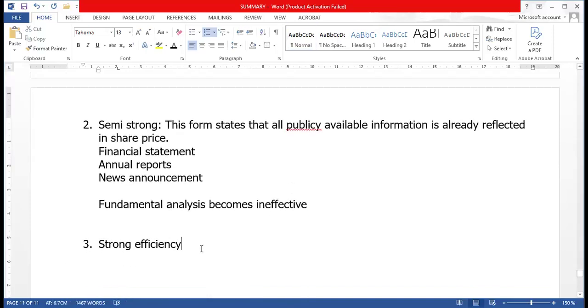Okay, so lastly we are looking at what? That is strong. Now, strong is very key in a way that we are looking at all information, both public and private. So this form asserts that all information, both public and